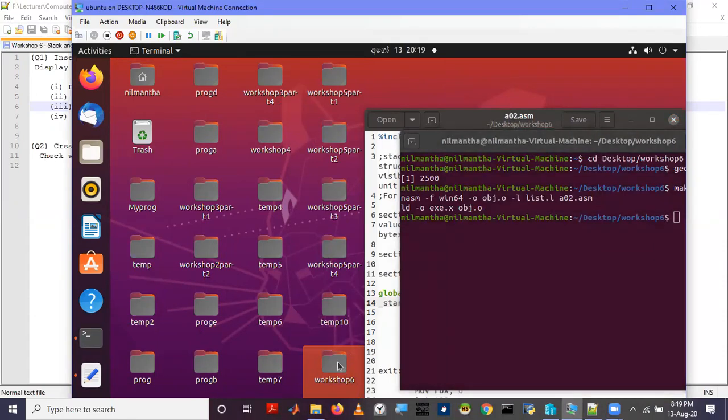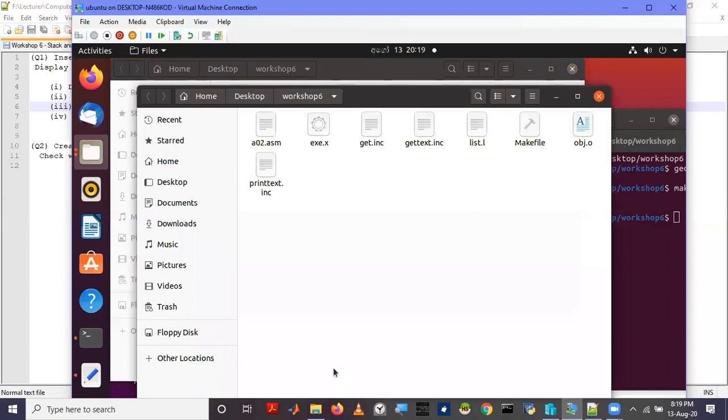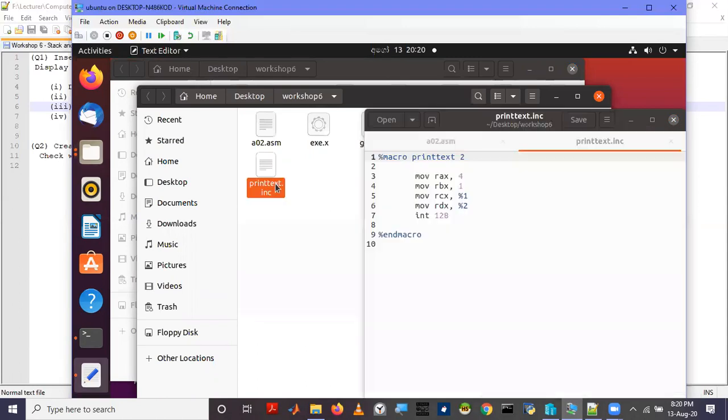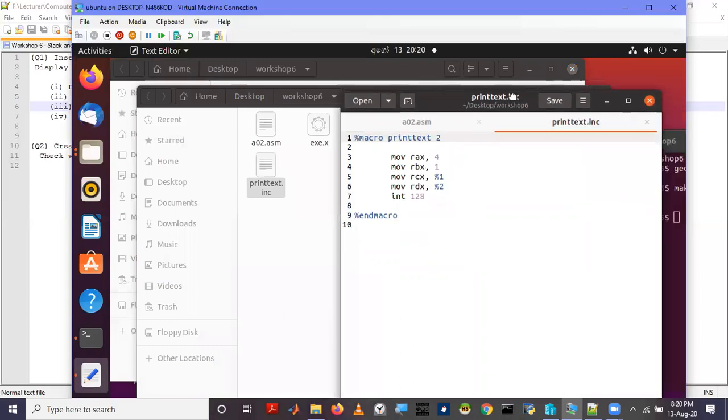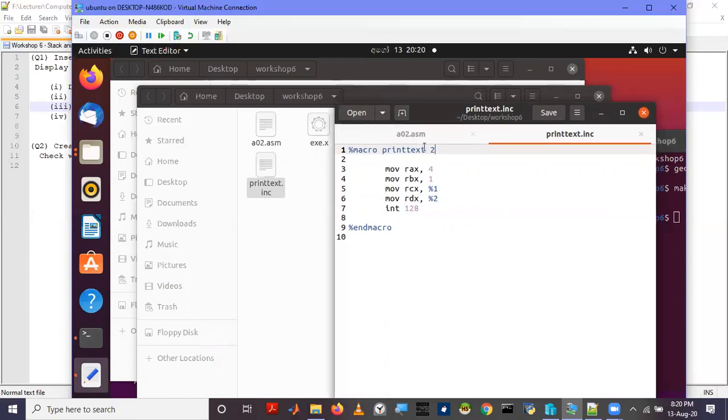I am inside this directory, workshop 6. From the previous work, we have seen how we can create a macro, and I'll name this macro print digit.